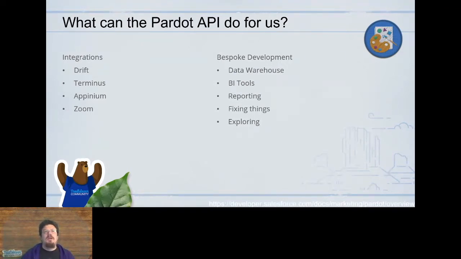The Zoom integration. There's a built-in, native Zoom integration, which I'm not a fan of. I've actually worked on a third-party Zoom integration, which I'm much more proud of. But we can have people fill out Pardot forms on Pardot landing pages and then create that Zoom registration. The people registered in Zoom will get a Pardot-sent and tracked registration email, invite email, stuff like that, right?